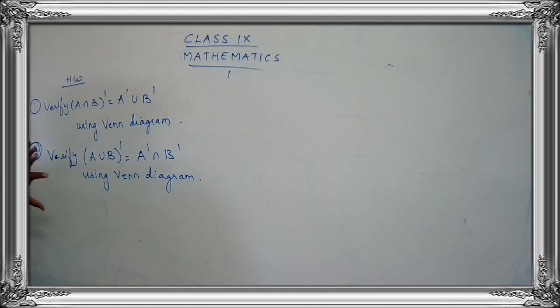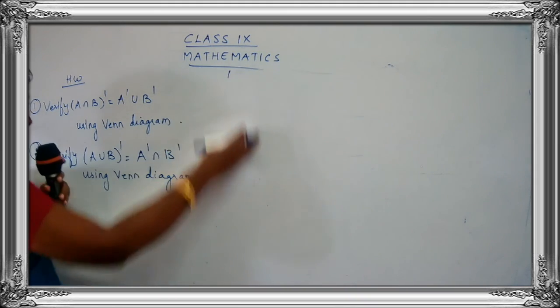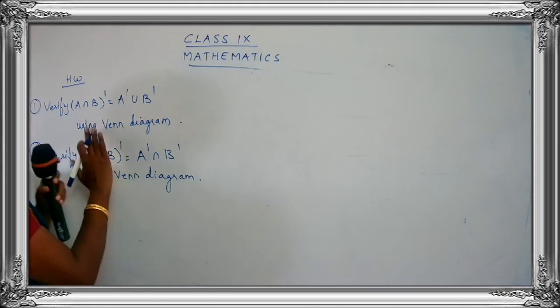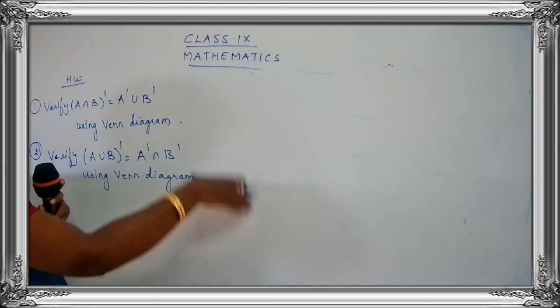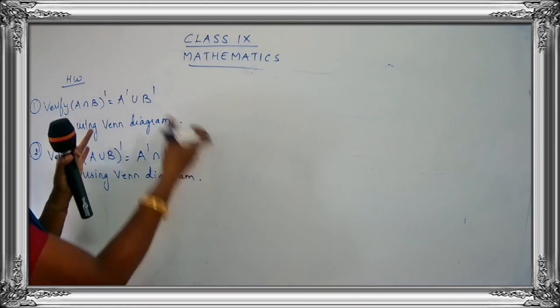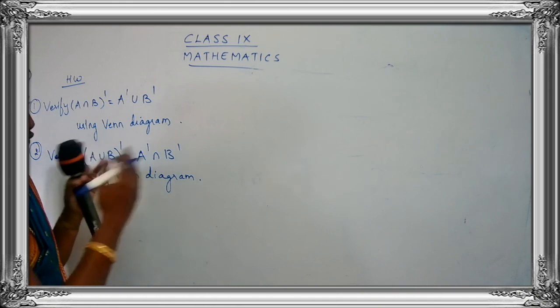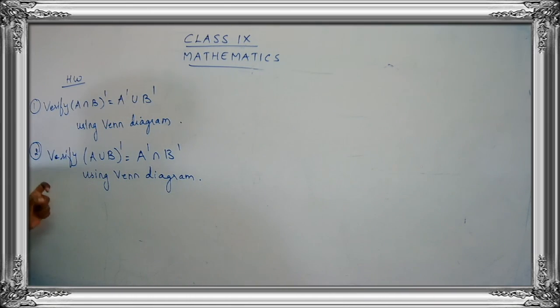So totally I'm just giving you 2 sums only, but you have to do it very neatly. Just try to complete a sum in the same page. Suppose you are taking your first page, use a new page for drawing the Venn diagrams so that you can complete all the 5 in one. When you see the answer, you will get it at a glance. No need to turn the pages. One more: A union B the whole dash is equal to A dash intersection B dash using Venn diagram.